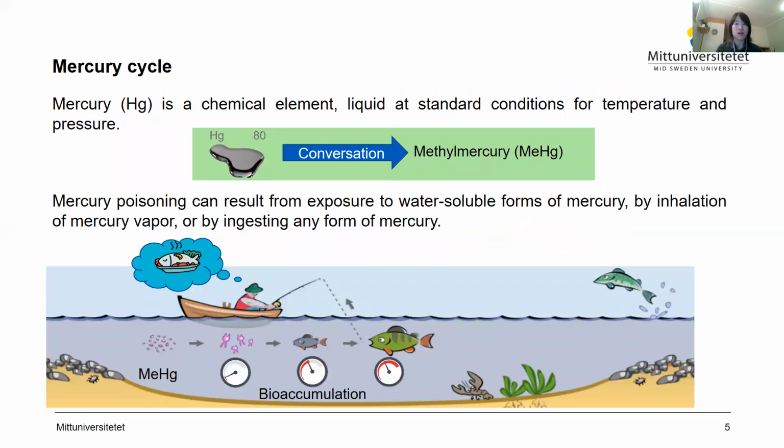Elemental mercury was historically used in the paper and pulp manufacturing process, but the use of mercury in industry processes is now banned in the EU countries. Bacteria that thrive in wet and low oxygen environments, such as lake bottoms, can transform elemental mercury into its most toxic form,